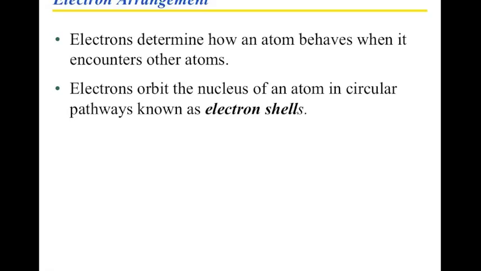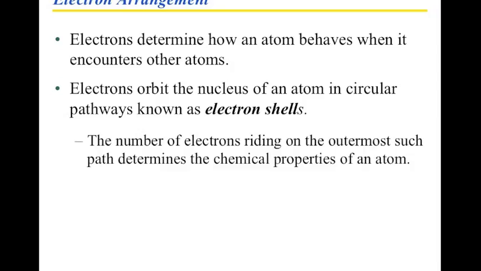If you take that basketball and picture it very, very tiny, and on the inside of it you have the protons and the neutrons, then around the surface area of that basketball is where the electrons would be able to orbit.